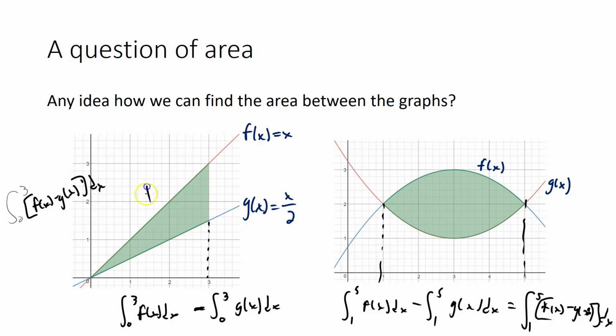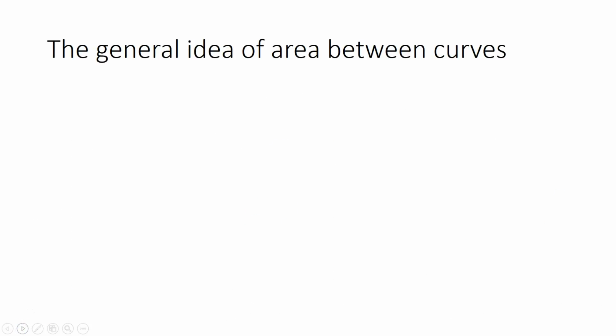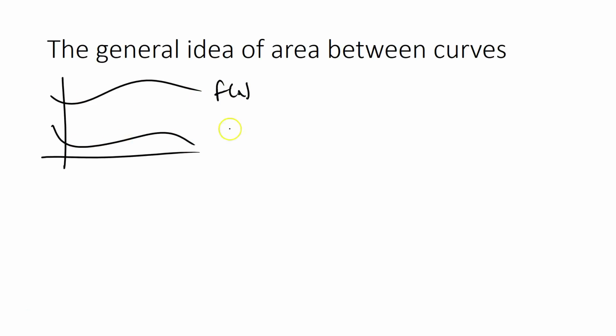So for both of these, it looks like we took the top function, subtracted the bottom, and then integrated from the beginning to where we want to end on the x-axis. Okay? It doesn't seem too hard. So this is the general idea for area between curves. If you have two curves, f of x and g of x,